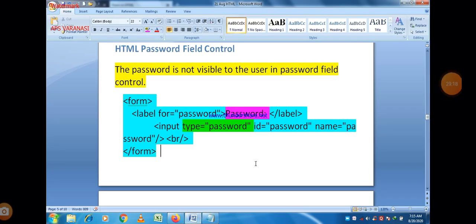So these are some fields related to forms which we discussed in this video. In the next video we will discuss some more fields regarding forms. I hope now you are able to understand these terms and how to create a form in an HTML web page. I think you are now able to create a text box, password field, and simple one-liner text in a program.